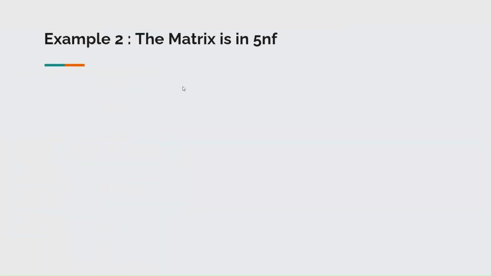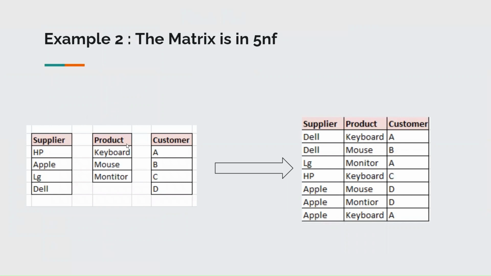Here, let us suppose I am a business and I sell products, I take it from certain vendors, and there are certain customers to my business or to my store. We have three tables, supplier, product, and customers, and we can have a matrix combination depicting which customer buys what product and who is the vendor for that product. Like for the previous example, we might think to disintegrate supplier, product, customer into three different entities like supplier, product, product, customer, and supplier, customer,